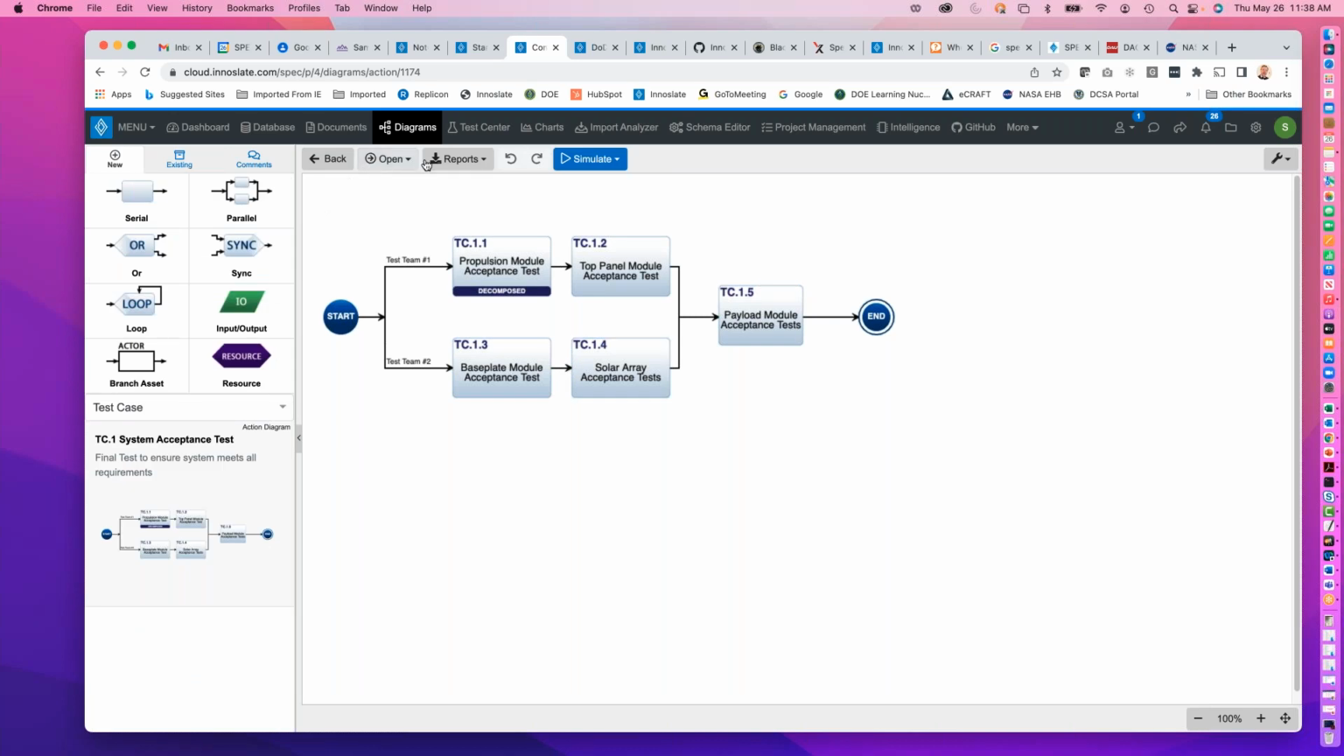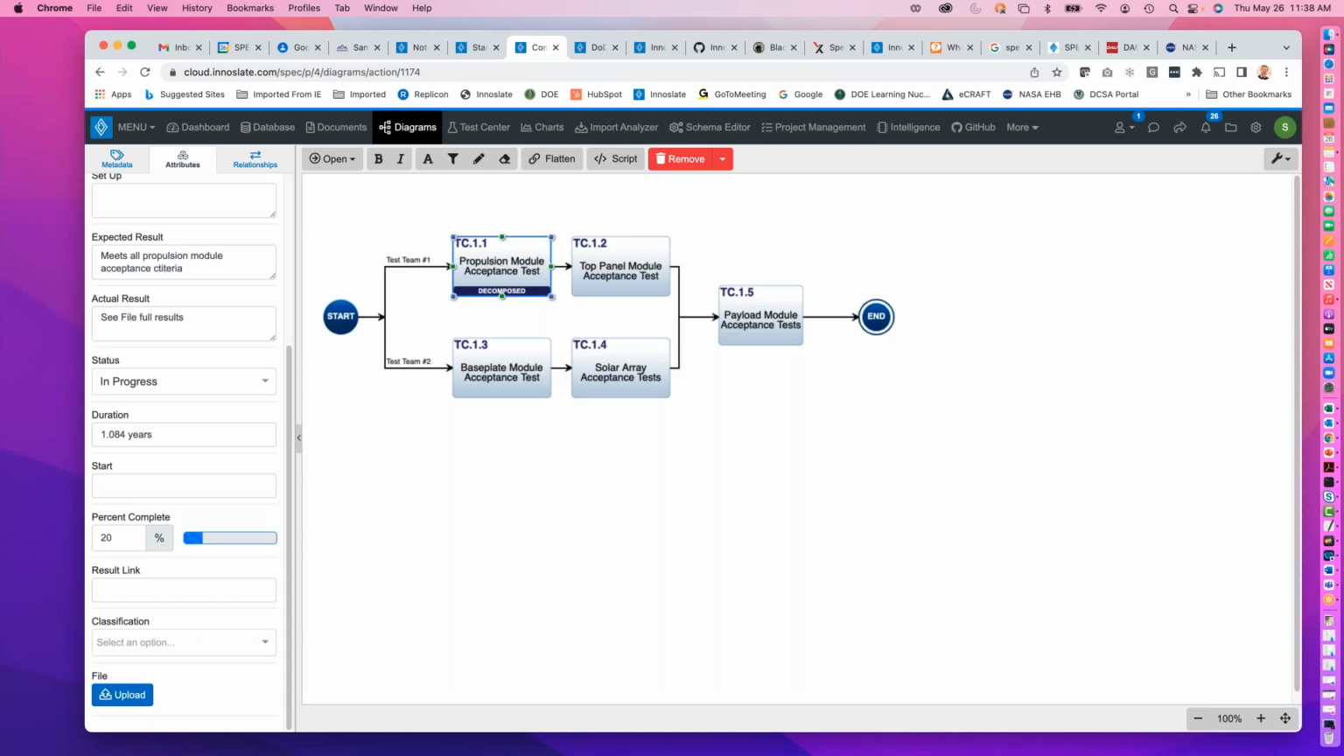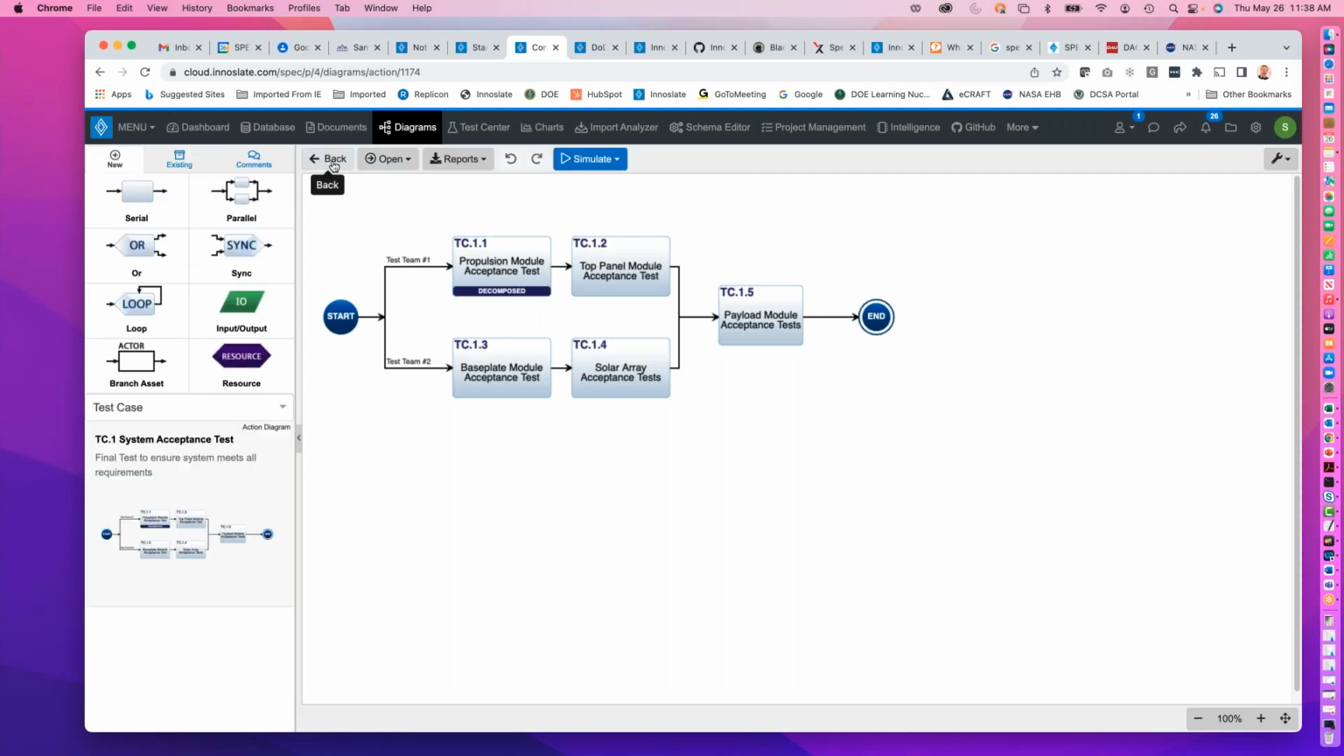So those are all adjustable as you need to. Again, since they're in action, they have a duration, a start date, percent complete. So again, you can do quite a bit of tracking of information that way. Let's go back